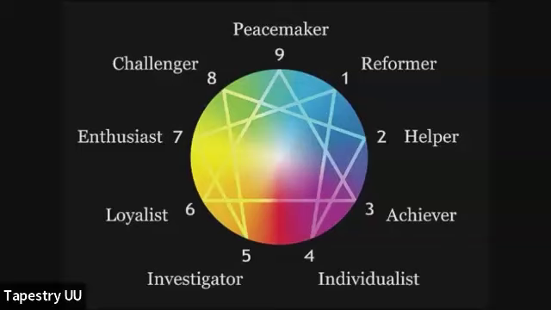As I mentioned, there are 9 personality types in the Enneagram, 1 through 9. They are the reformer, the helper, the achiever, the individualist, the investigator, the loyalist, the enthusiast, the challenger, and the peacemaker. The types might be described in slightly different words from one writer to the next, but the number always stays the same. For example, type 9 is sometimes called the peacemaker and sometimes called the mediator, but it's always number 9, and it always describes the same type of person.